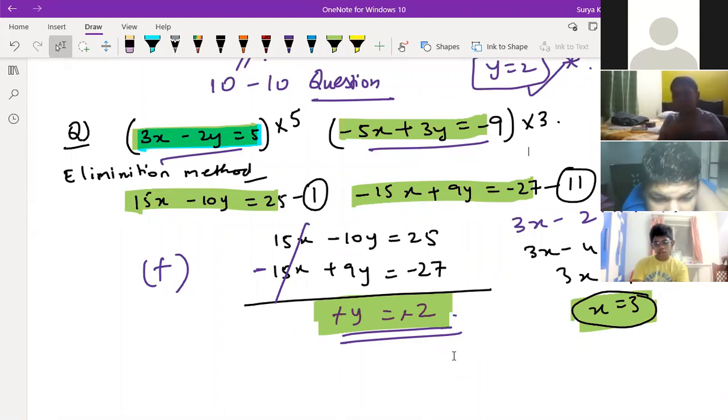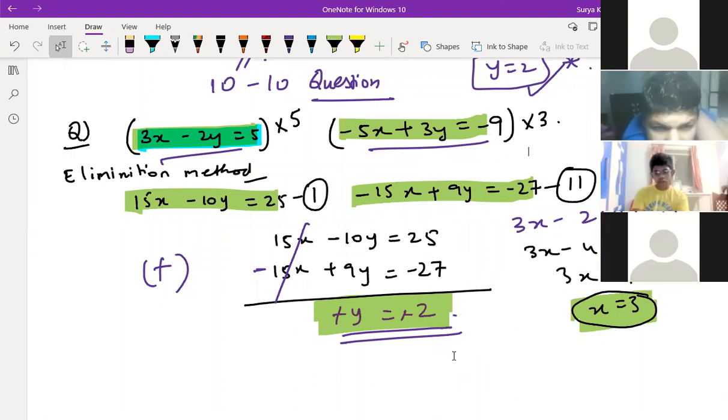You can divide the whole equation or you can multiply the whole equation by the same number. That also you can do. You can't divide now in this case. No, sir, I was just asking in general. Yeah, you can divide, not a problem. But the whole equation you should divide.